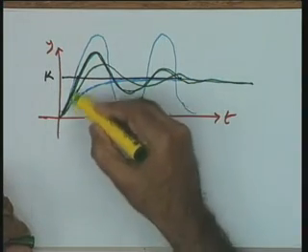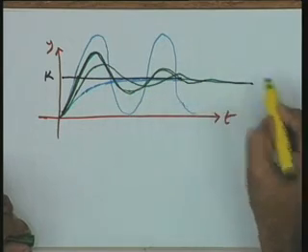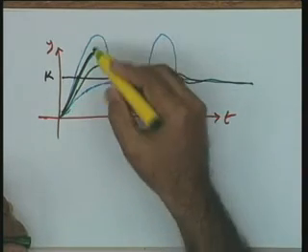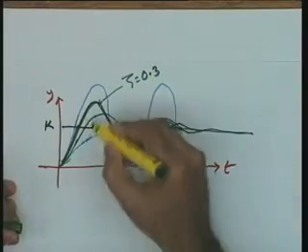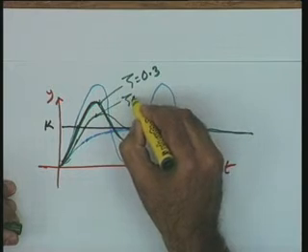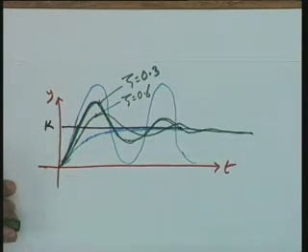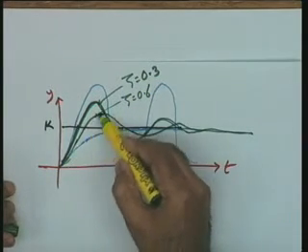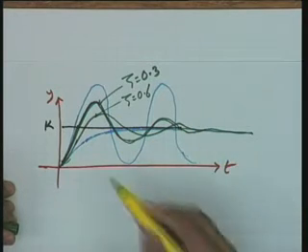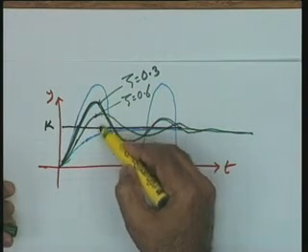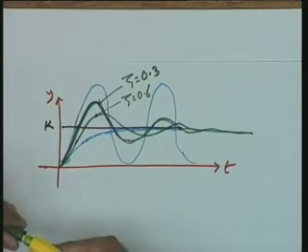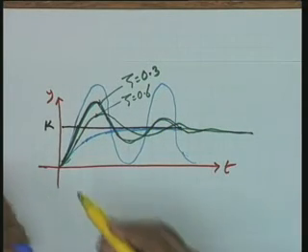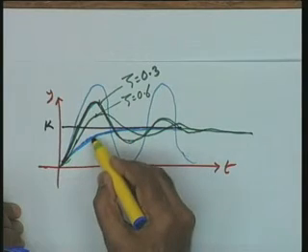The oscillations in this particular case are damped. If you increase the value of zeta, let me take a typical value of zeta, say 0.3. So, if you increase the value of zeta to, let us say, 0.6, what will happen? You find the change in the damped oscillations and the change in the peak overshoot which is appearing over here. If you further increase the value of zeta, you get this particular curve, which corresponds to